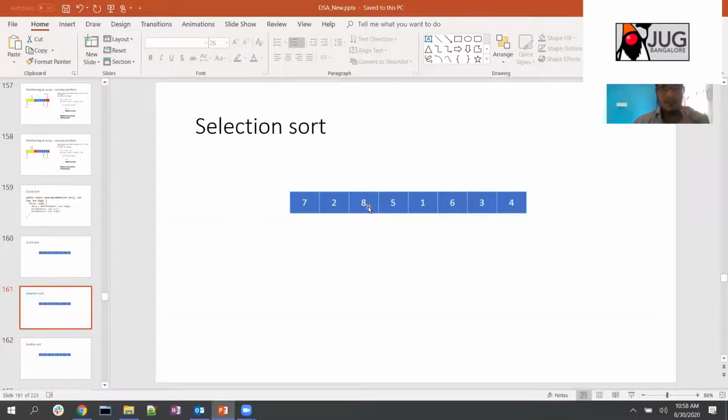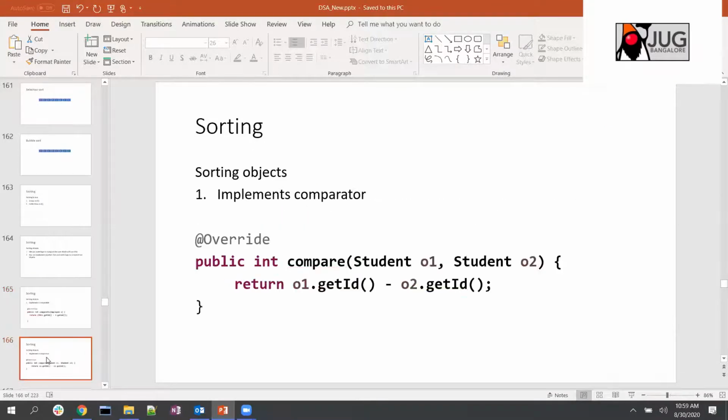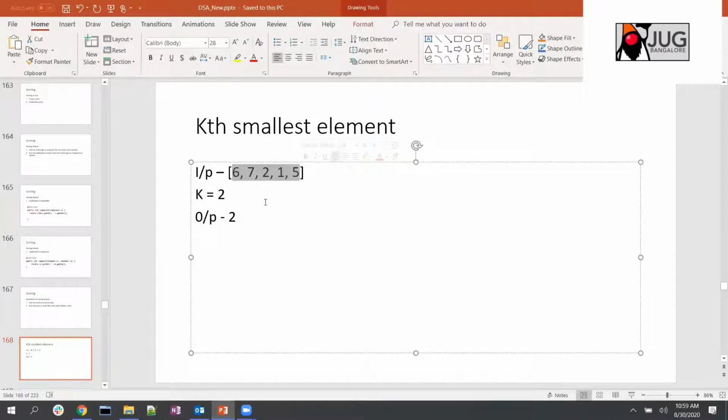I think that is what we explained about quicksort, and then we saw how selection sort and bubble sort work. Apart from that, we discussed a few standard questions which are asked in interviews. One is finding the kth smallest element. How will you find the kth smallest element? For example, given an unsorted array with 5 elements, you need to find the second smallest element. In this case, the first smallest is 1, and the second smallest is 2. So the output you should return is 2. So how will you find this?